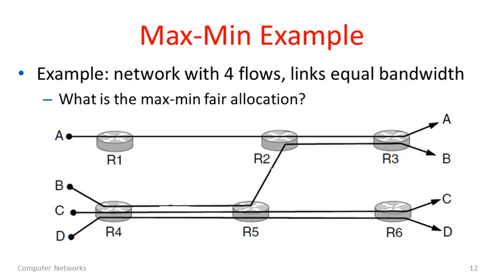So here we have a network. There are 4 flows. For example, we're going to call them A, B, C, and D. The A flow is really sending from A on the left to A on the right. The B flow from B on the left to B on the right. But you can see these different flows go through different links. So they might potentially have different bottlenecks. We'll assume here that every link has the same capacity. We'll just call it 1 unit.